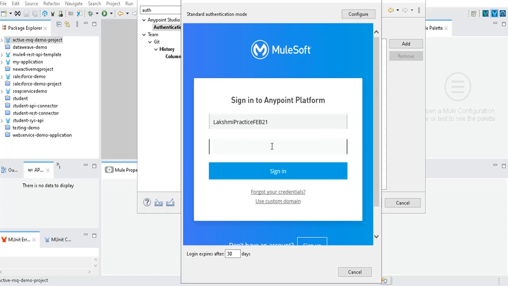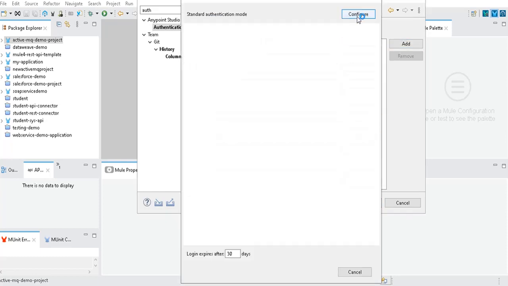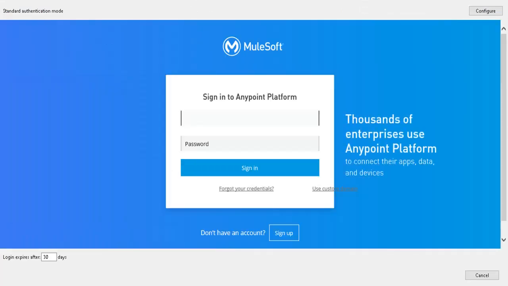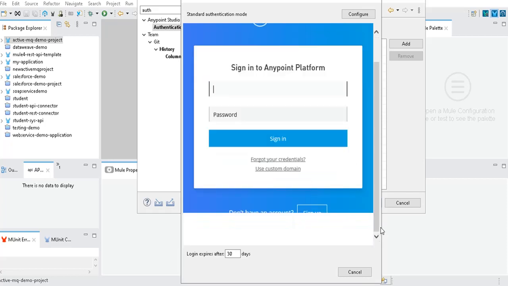I have already fixed that issue, so that's why it is showing the screen here. Sometimes you might not see this browser, because it will use the inbuilt browser, which is not compatible. So you will not get any browser here. Instead, it will show you a blank screen. When you maximize or minimize it, it will show you a black or blank screen. In that case, how can we fix that issue?